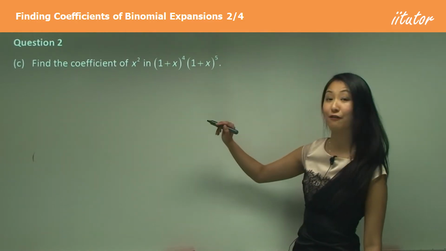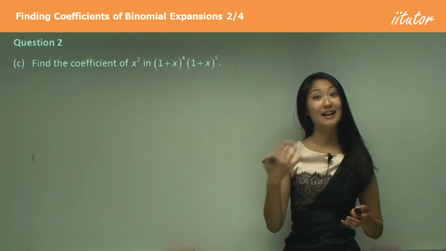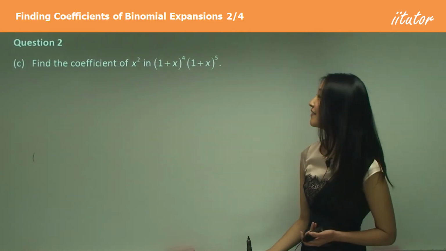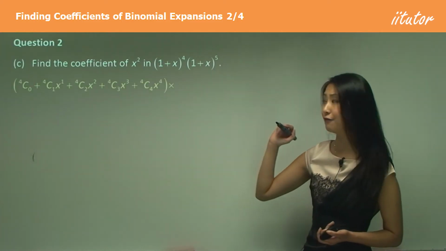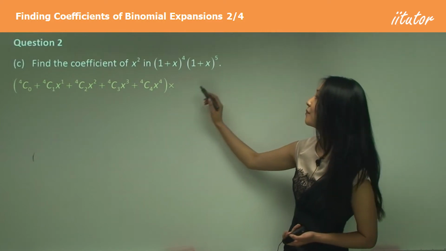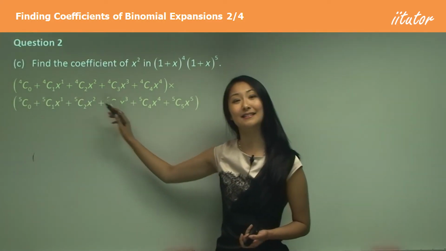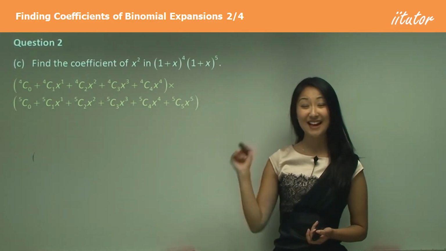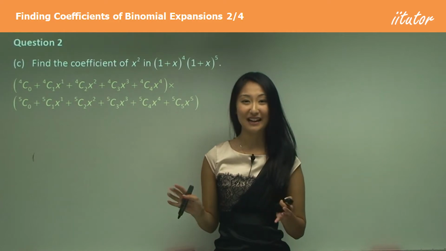(1 + x)^4 and (1 + x)^5 using the method that I just taught you. So that means I'm going to write out (1 + x)^4 in its expanded form. And I'm also going to write out (1 + x)^5 in its expanded form. Now you can see, if you wanted to expand that completely, it would take way too long,